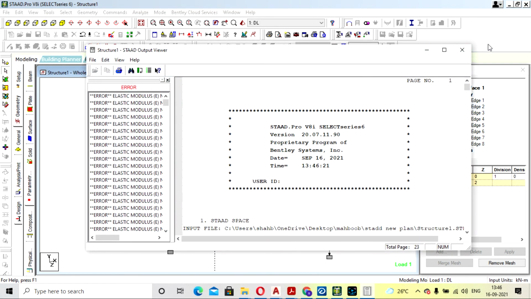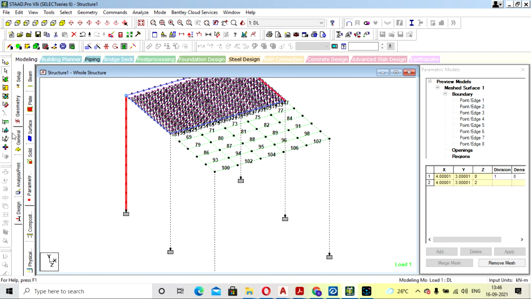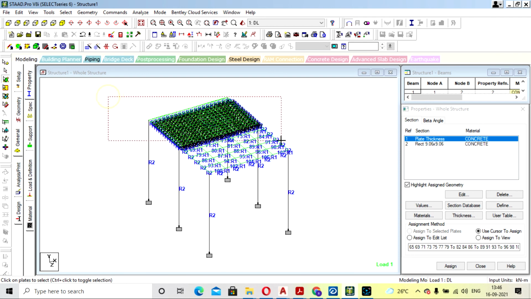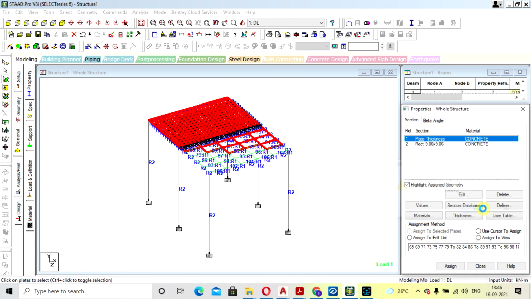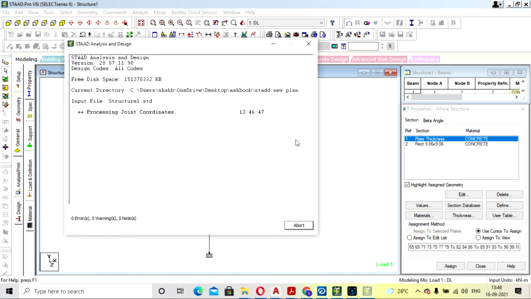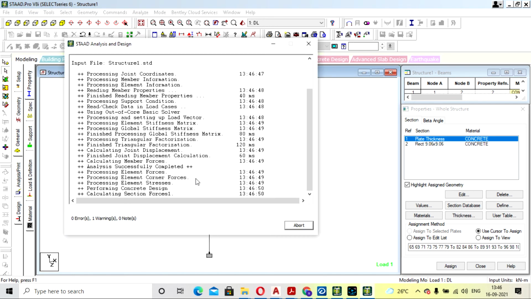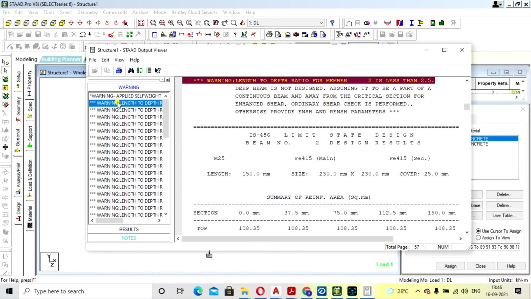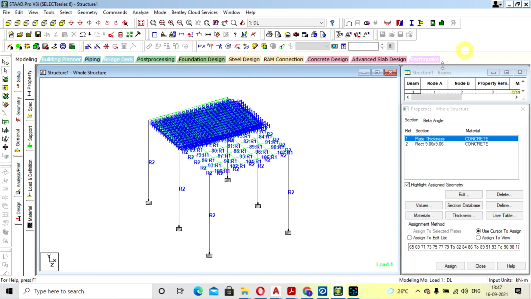This error was coming because I haven't applied the property to this surface. Go select this whole, okay, and assign to selected plates. Okay, just run and save it. Maybe sulfate I have to also assign. See, the error was gone, only warning is coming, so we can go and check the warning also. See, sulfate is, so we can go and assign the sulfate, and this value that was coming,